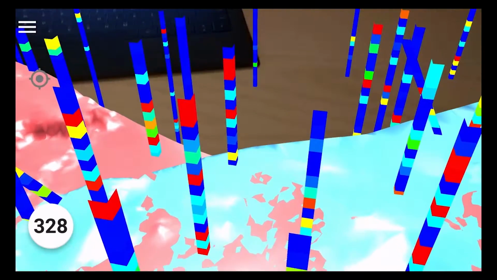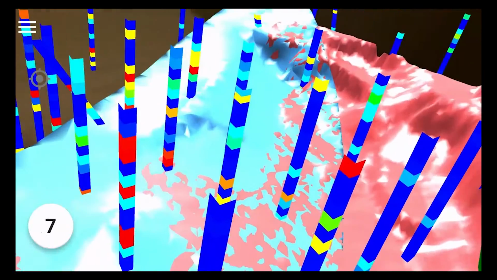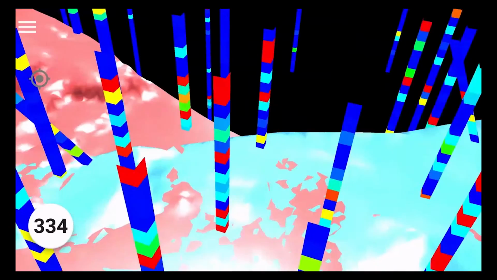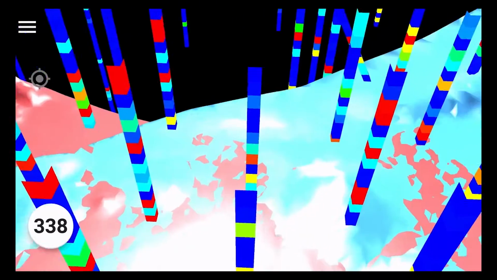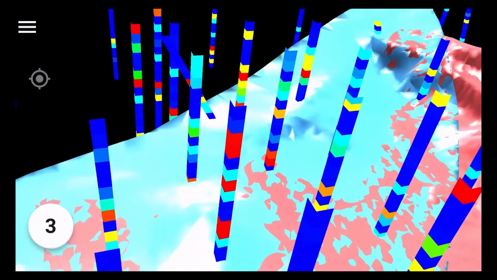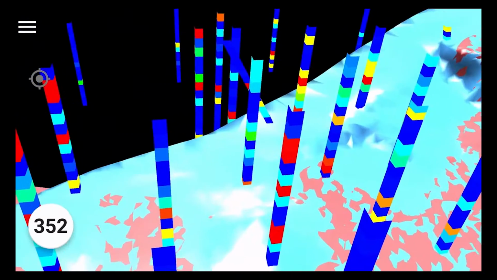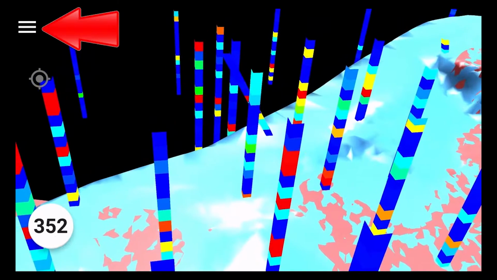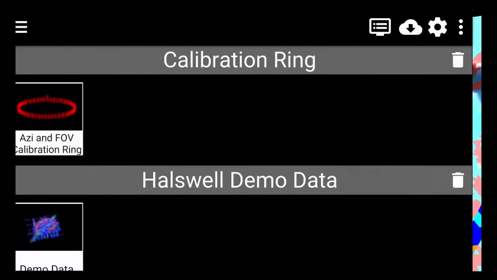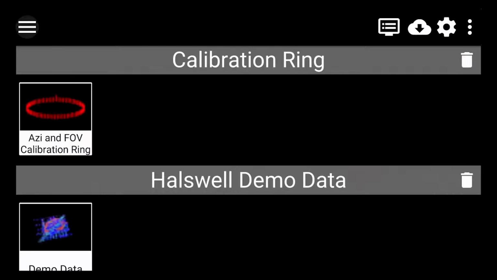Okay, so we can see here we have a whole bunch of drill holes, a few wireframes, some pretty good data. So first thing we can do is go into the display properties and start adjusting some of these display parameters. So to do that, I'm going to go to the menu option in the top left corner, the button with the 3 lines. That's going to take me back into the main menu, the same menu we just saw. If you go to the top right, you're going to see a bunch of icons, and the first one on the left of that list is the display properties.